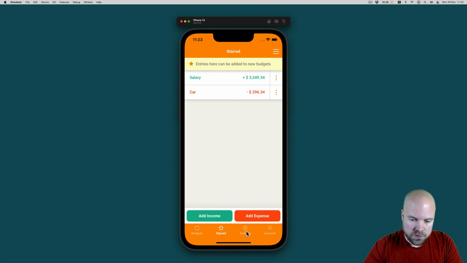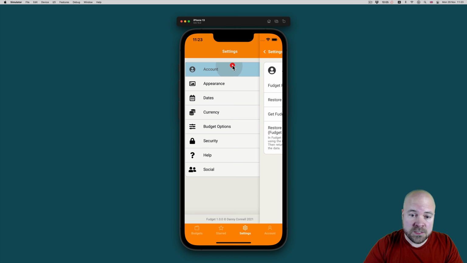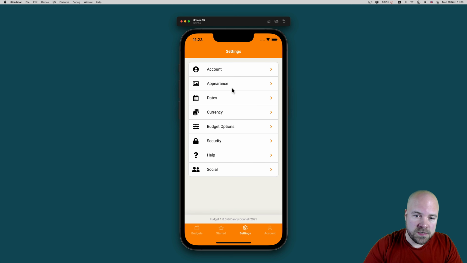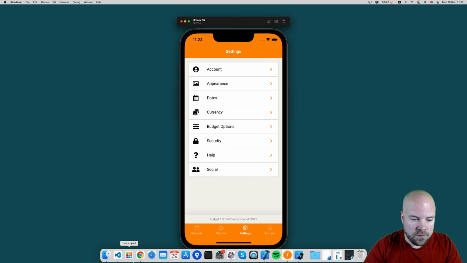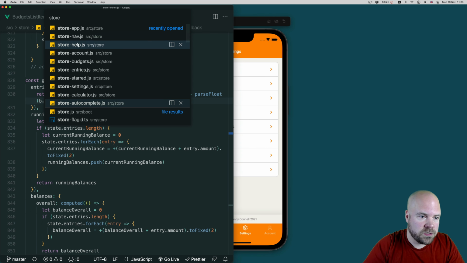Okay, so let's jump to the settings page. When we jump to the settings page, we can see a bunch of different settings categories here. We can tap on a category to open some settings for that category. And all of these categories and settings are coming from my store, from basically a big state property. So if I just jump to my settings store,